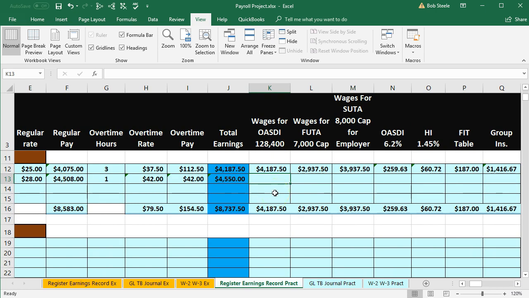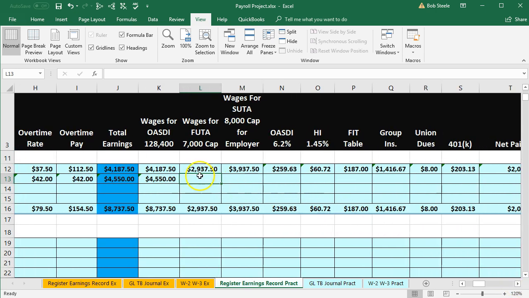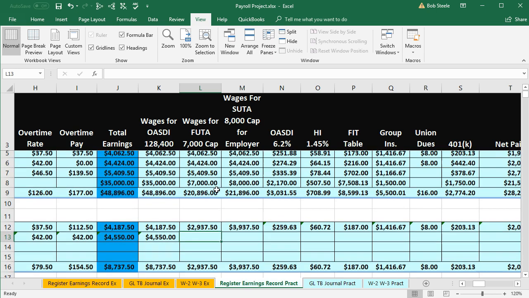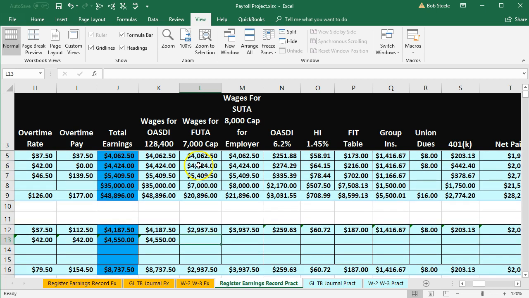So it's just going to be the same, equals that same number. We're going to have the same issue with the 7,000. They will have hit that. So what we need to do is just get enough wages to get to 7,000. It's not going to be the full 4,550 for FUTA wages. We need whatever it is to get to the 7,000, which will be less than this